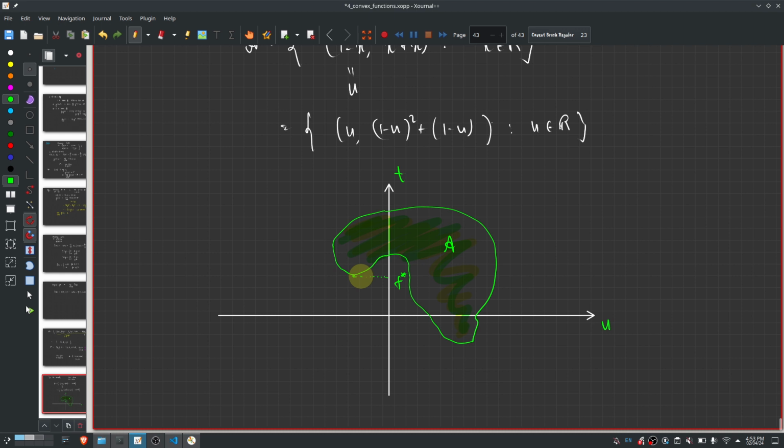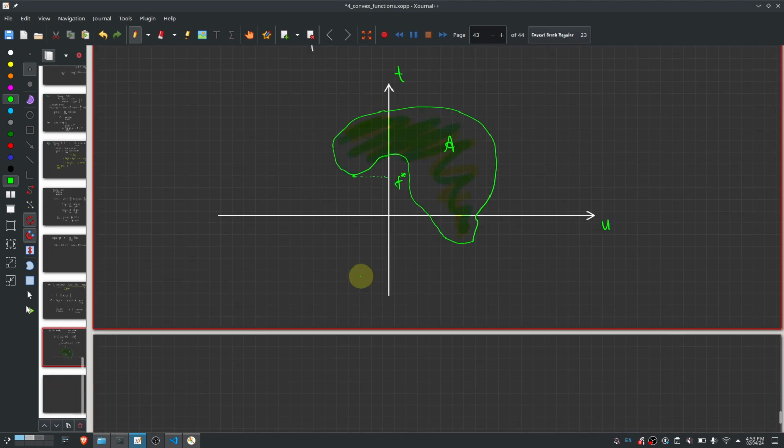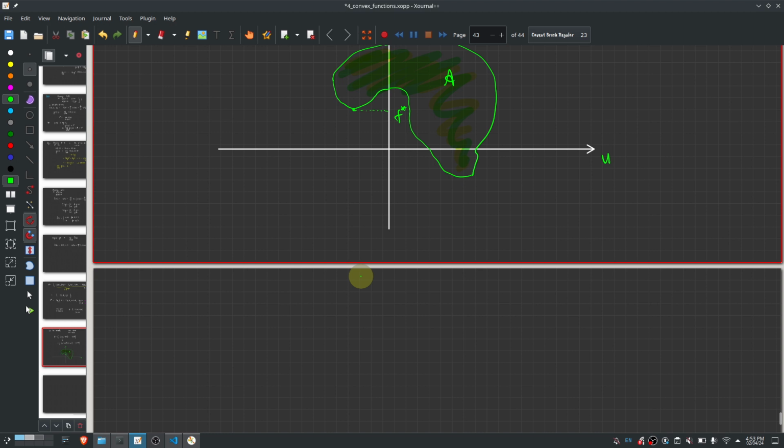Okay, so now let's look at this. This is your t, and this is your set A. I'll also define another version of A, sort of the epigraph version of A, which I'll call G. It is the set of all u, v, and t in R^m cross R^p cross R,